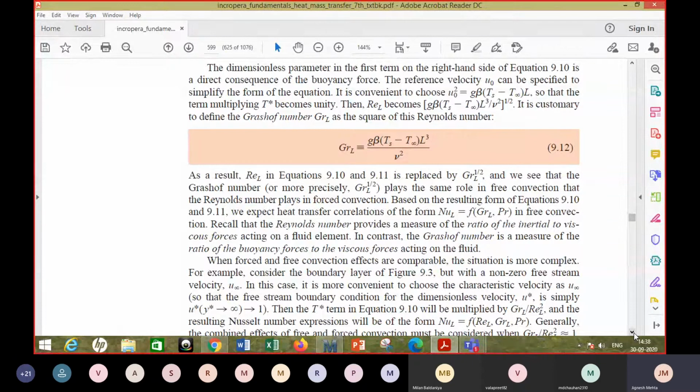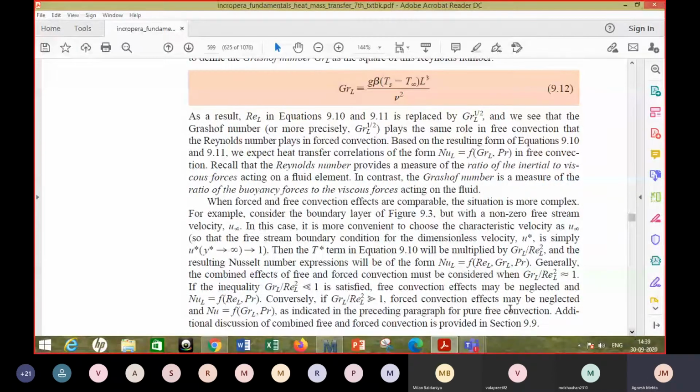It is seen, and also from the understanding of the physics of the phenomena, one can say that the Nusselt number should be a function of the Grashof number and Prandtl number. So you can expect that again, only for a very simplified case, it may be possible to have an analytical solution to the governing equations, but the equations are again strongly coupled with one another, the x momentum equation and the energy equation.